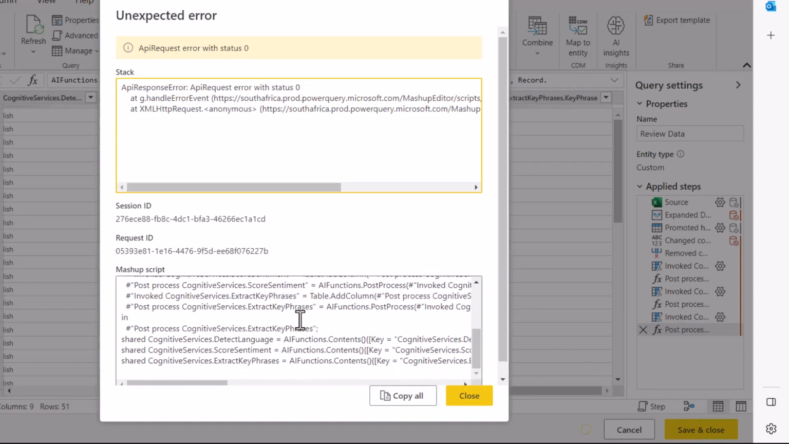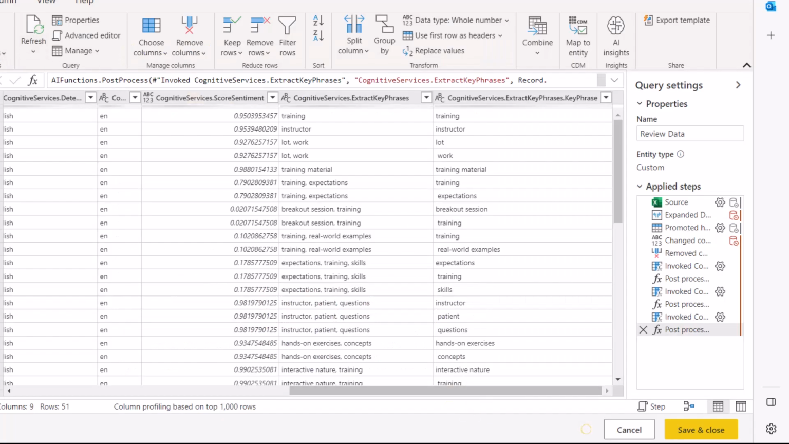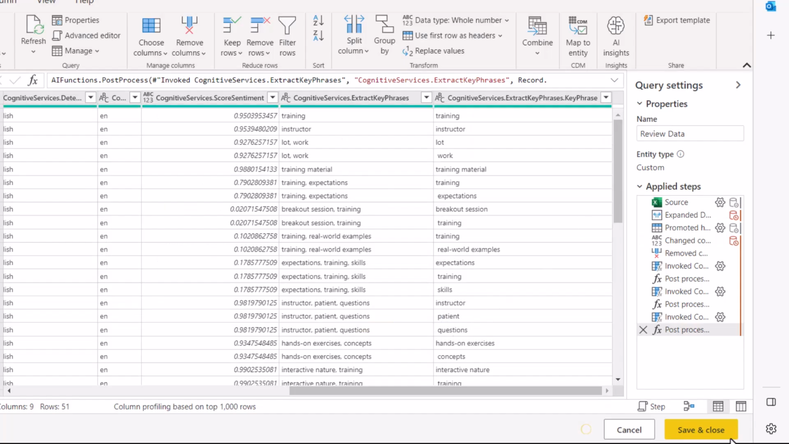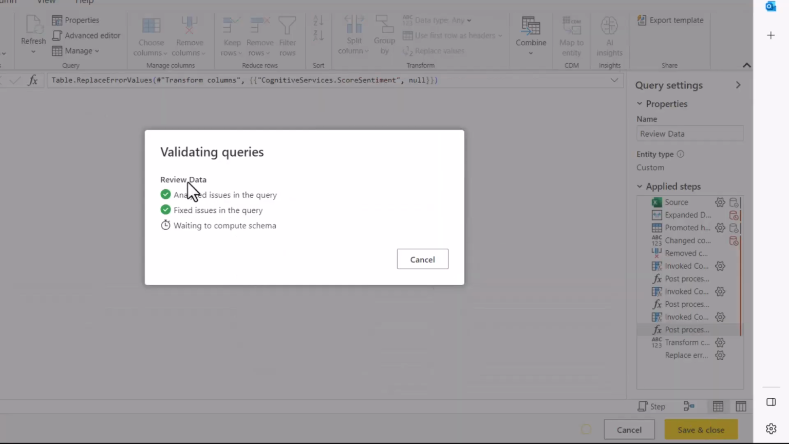Most likely, I know it's my network issue, so I'm going to close this. Of course, check to be sure everything is fine. Yeah, everything is fine. I'm going to click on save and close again, and this time around it works. So it was a network issue that time. Put in schema, everything is done. The moment it's saved and closed,